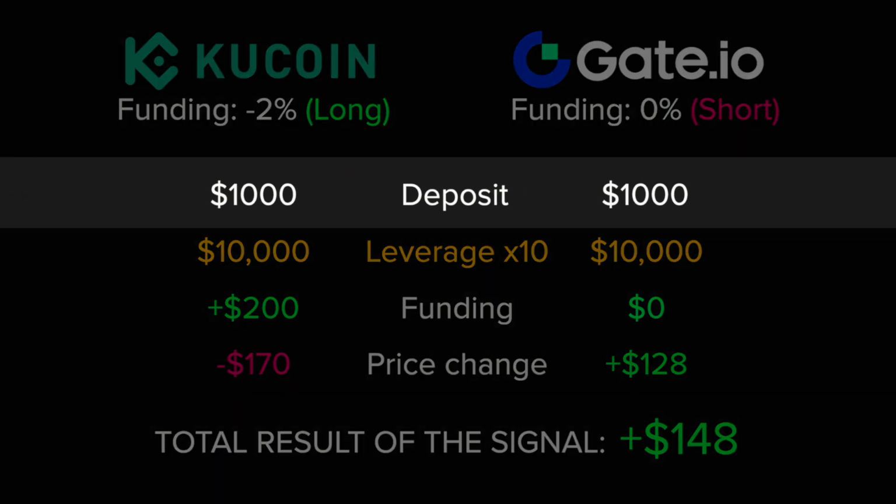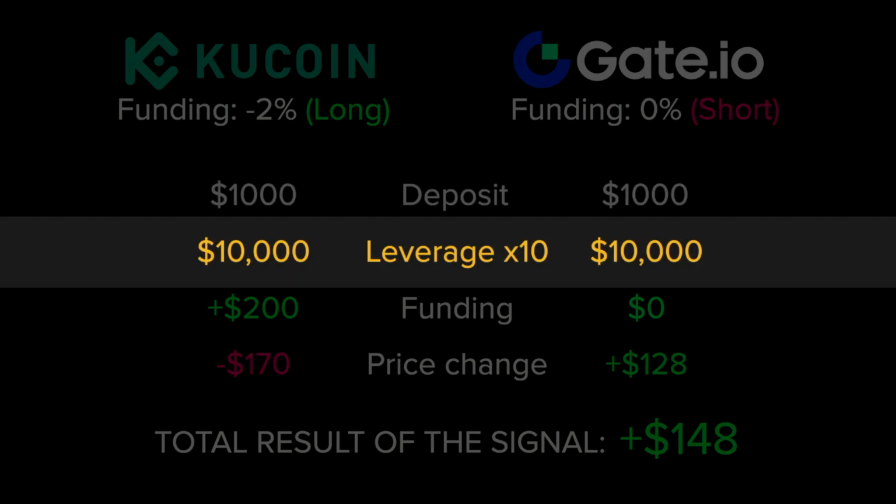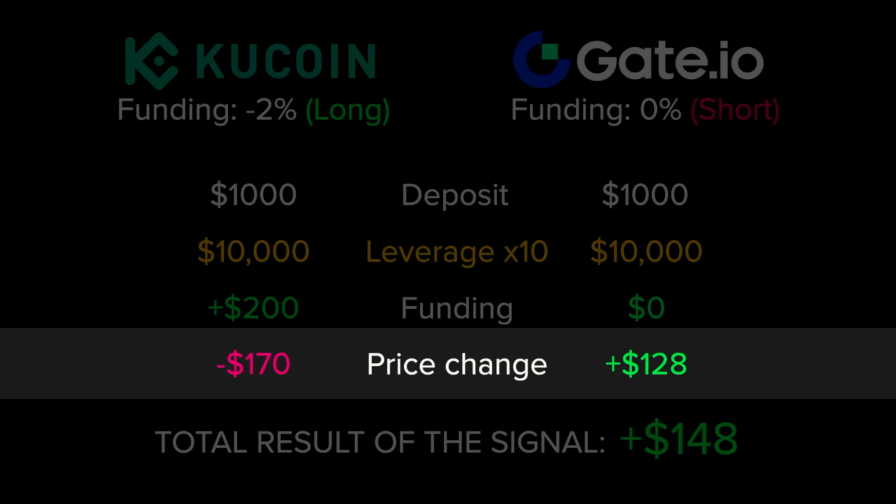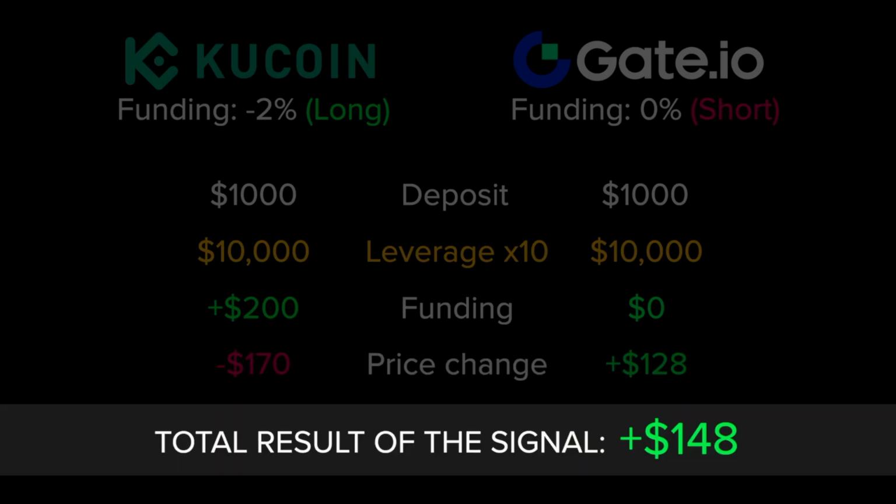Details of this signal. Position sizes are the same as in the previous example. Funding on KuCoin, +$200. Funding on Gate, $0, since payment is only in 5 hours. Due to price movement, loss of -$170 on KuCoin and +$128 on Gate. Overall result of the trade, taking into account all commissions,